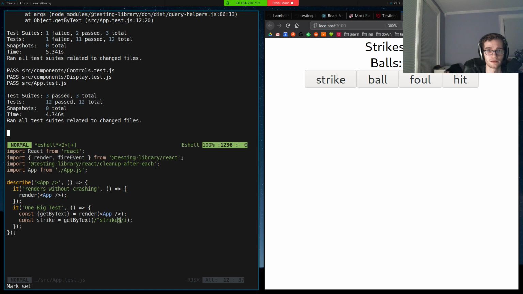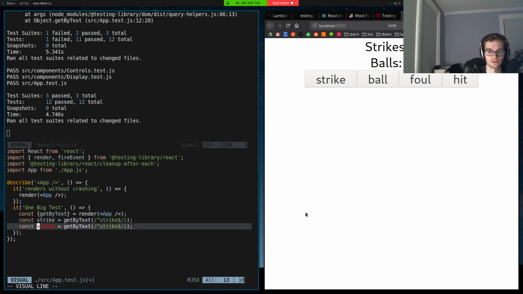All right. So this is a regular expression trick. And if this looks weird to you, which it should, I encourage you to Google and read about regular expressions. But the up caret represents the beginning of a piece of text, and the $ sign represents the end. So this will allow me to get something that contains exactly the word strike. Nothing more, nothing less. And I'm going to do this as well for